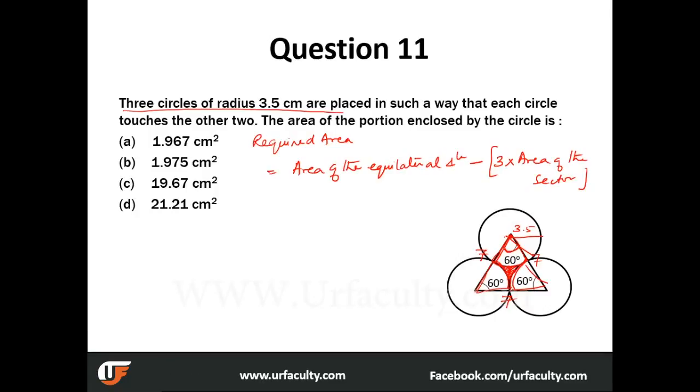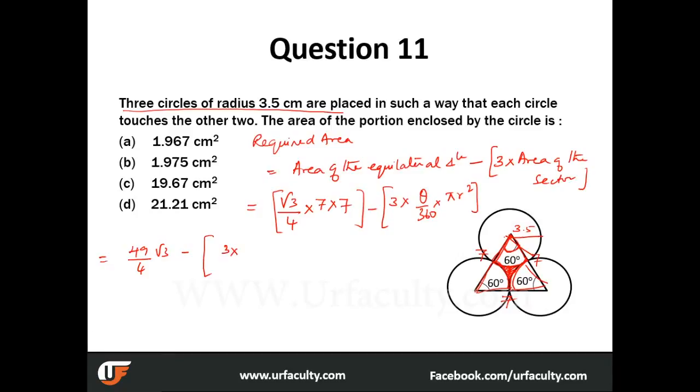So what is the area of the equilateral triangle? Root 3 by 4 side square. The side is 7, so I'll multiply it 2 times. So that is one value, and the other one is 3 into area of the sector, theta by 360 into pi r square. What is theta here? Theta is 60 degrees. So now we have the expression 49 by 4 root 3 minus